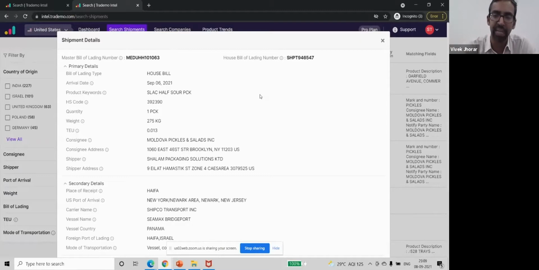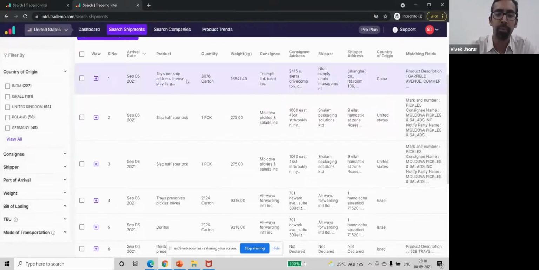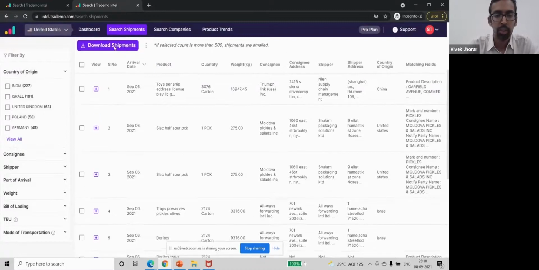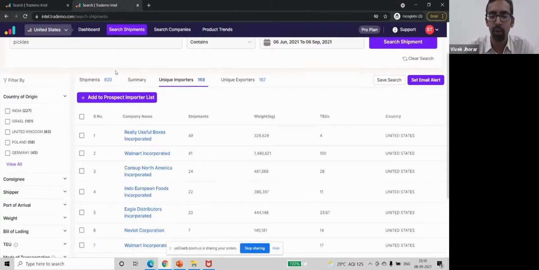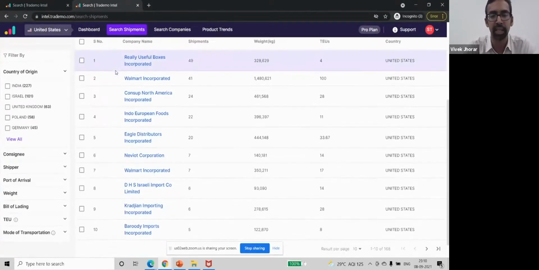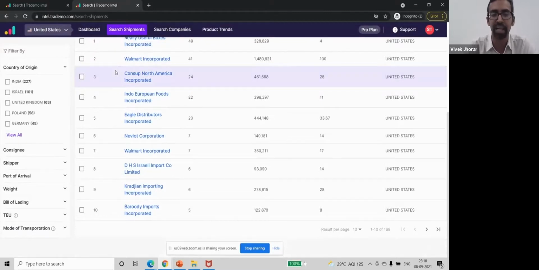It's not like we are getting that shipping information from the US government. This is not public. This is something which is being estimated, and I'm mixing and validating 3 to 4 data sources so that you can get to know very accurate pricing as well when you are trying to look for more buyers in US. So these are the importers who are unique importers in US who deal in such articles around pickles. So these are perfect targets for you.